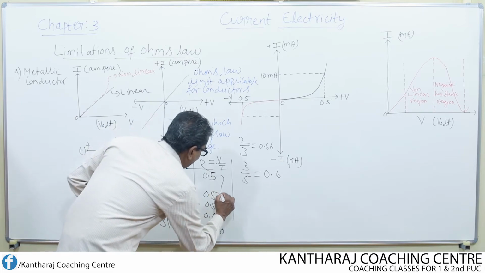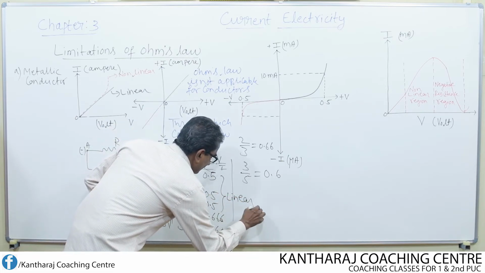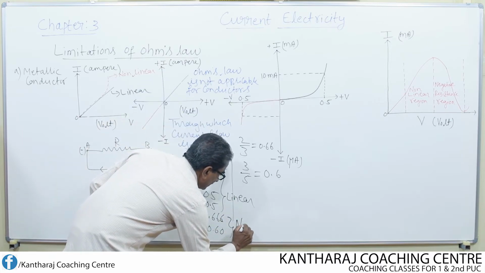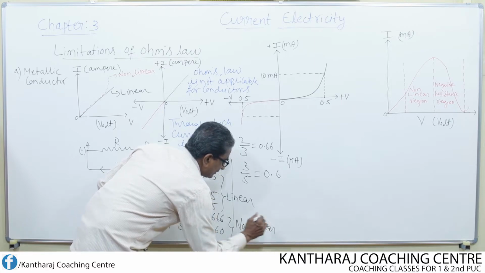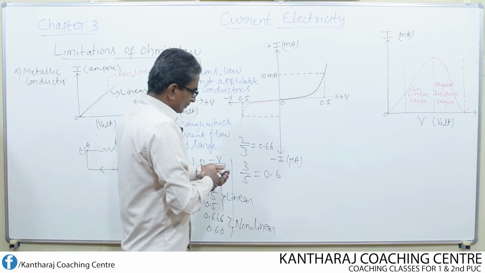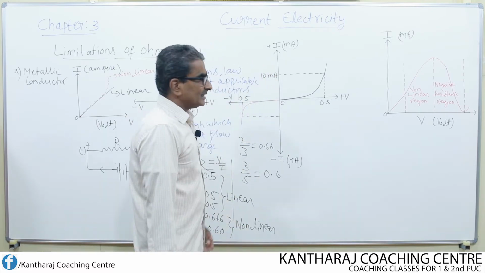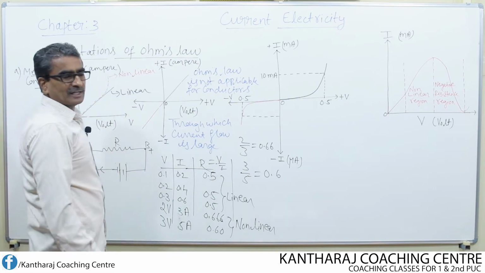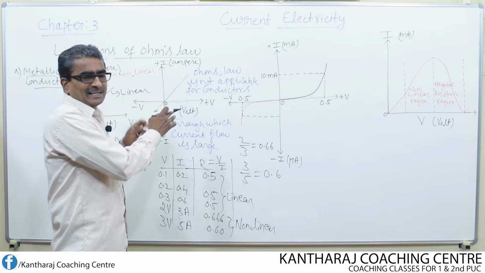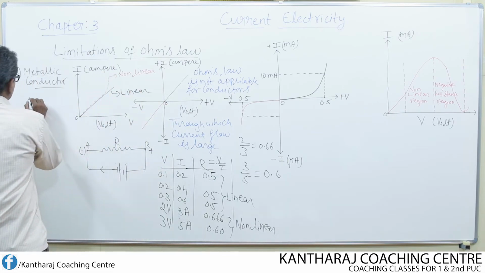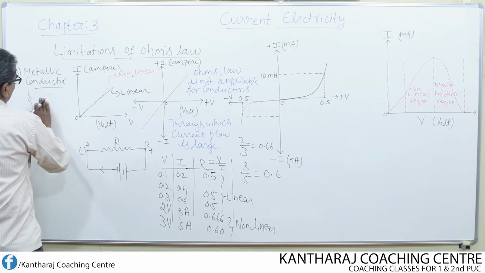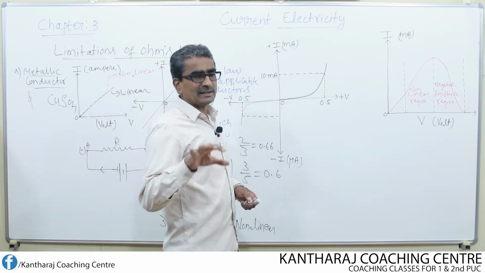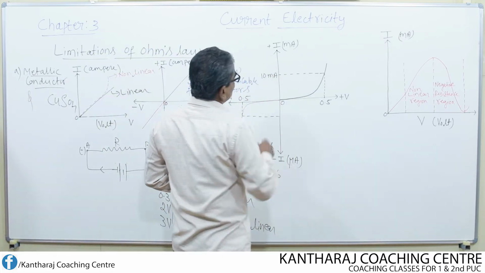See, this is nothing but linear variation, whereas this is found to be non-linear variation. Okay. Now coming to the second graph. Remember, this graph is for a metallic conductor, and also this graph, both for a metallic conductor as well as for copper sulfate solution. But a condition applies. What is that condition? Only for small current.